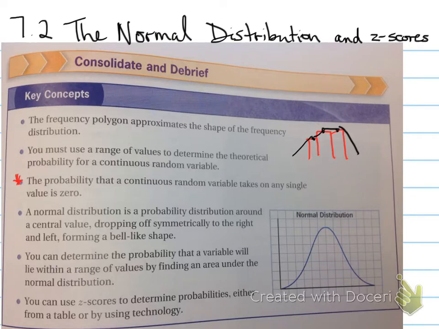Now, you must use a range of values to determine the theoretical probability for a continuous random variable. The probability that a continuous random variable takes on any single value is 0. And we saw that yesterday, or in the previous lesson, with respect to where we have one specific value, let's